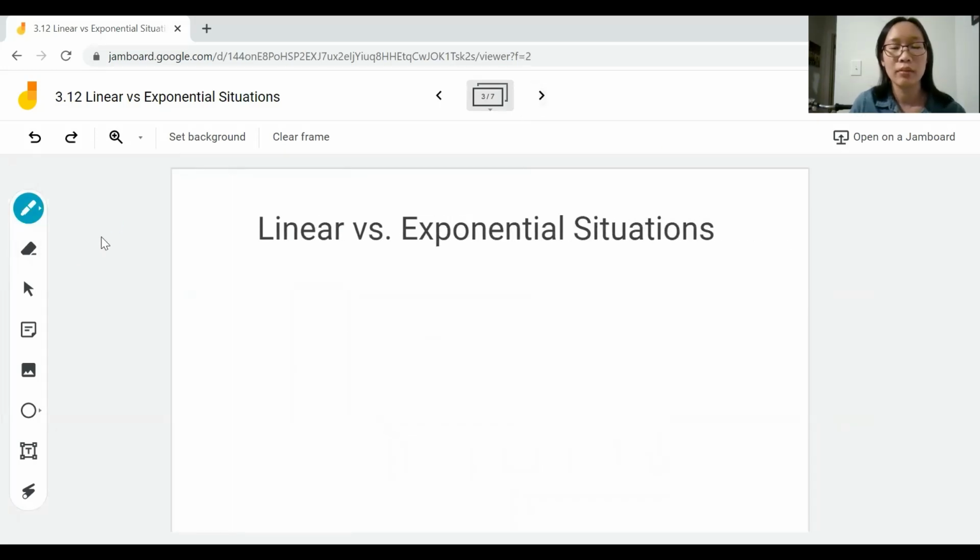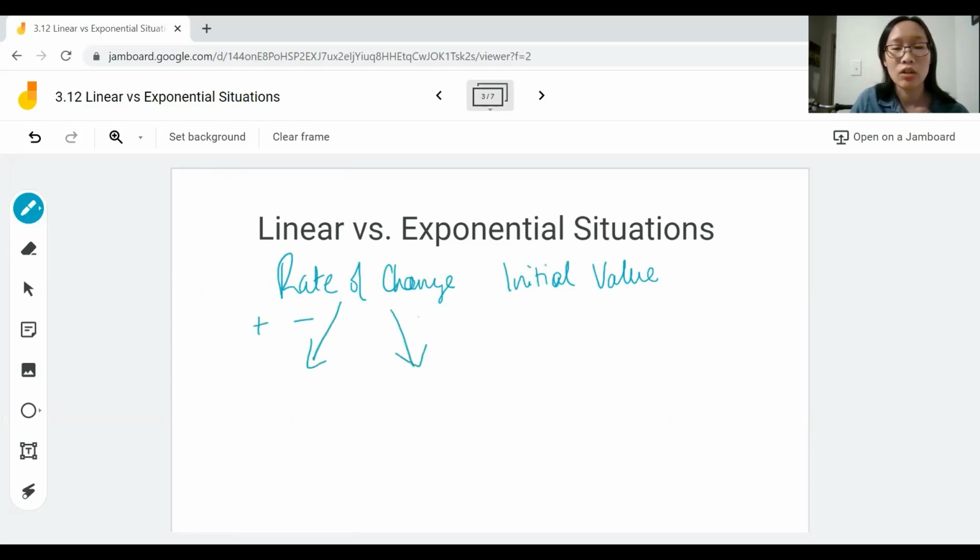We've also learned from Ms. Gilbert that when you're looking at a word problem, you want to find the rate of change and the initial value. For this lesson, we don't really need to worry about the initial value. We're just going to focus on the rate of change. We're actually going to take this one step further and decide if our rate of change is addition or subtraction, or our rate of change is multiplying or dividing. If our rate of change is changing by addition or subtraction, this is linear, and if it's changing by multiplication